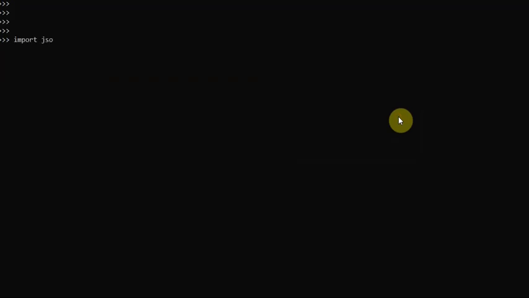import json. Now I will take an object of a person. For example, you want to communicate the details of a person between two different servers. So what we will do is create a dictionary first for that person. That will be person,